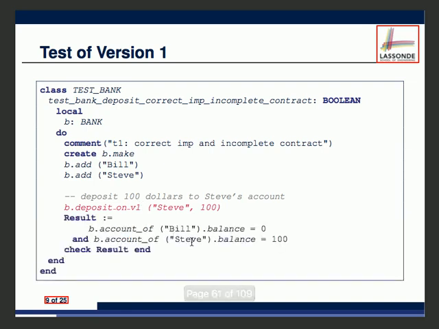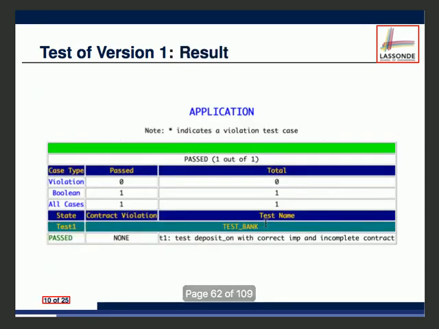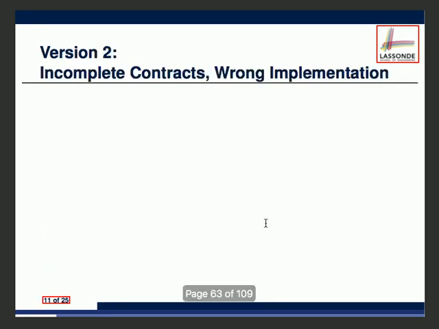I want to make sure after I deposit $100 into Steve, Steve's balance becomes 100 and Bill's balance remains 0 by default. Okay? Version 1 is okay because the implementation was correct, but you cannot rely on that. It can be wrong. Okay, version 1 is fine. But now let's see version 2. For version 2 over here,